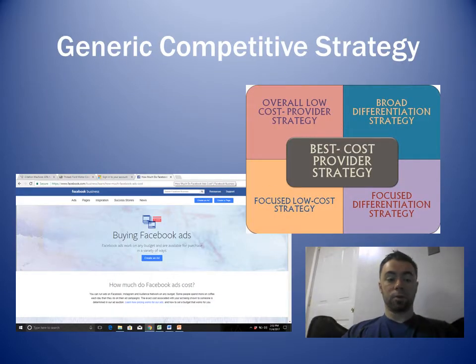To label Facebook's generic competitive strategy, the company most closely falls under the best cost provider strategy, but has a unique spin on it. The best cost provider strategy looks to capitalize on bits of the other four possible generic competitive strategies, but by taking a middle ground approach. While we believe Facebook offers a high-quality product for an economical price, there is an interesting dynamic based on who is providing the revenue streams.